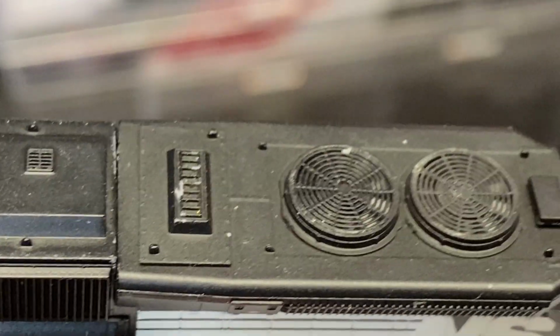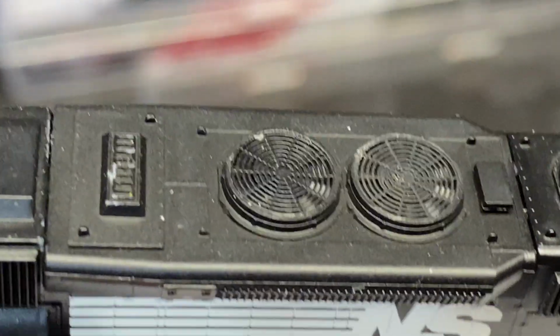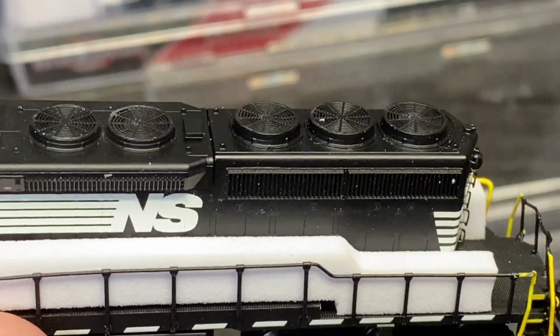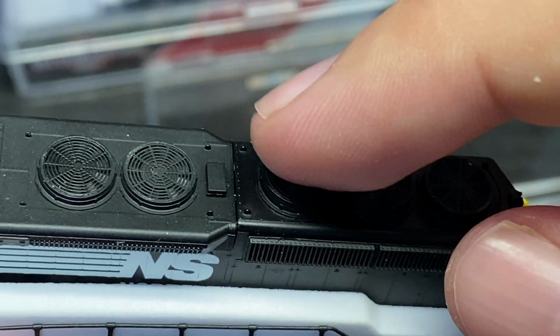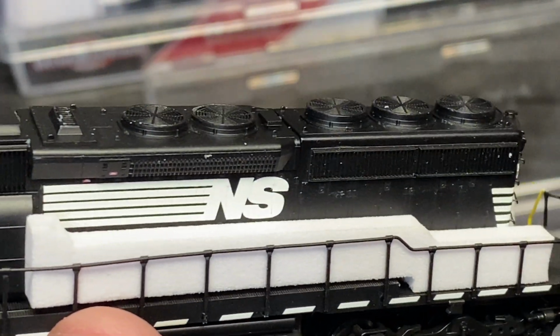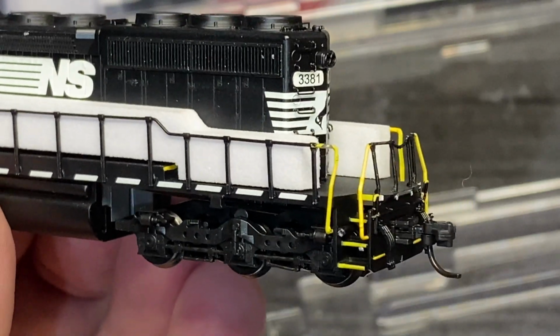See, look at that. Just a thing of dirt just landed right here. I don't know where all this dirt and crap is coming from, guys. I don't smoke. It's probably just dusty in the air because we've been in drought conditions. Anyway,